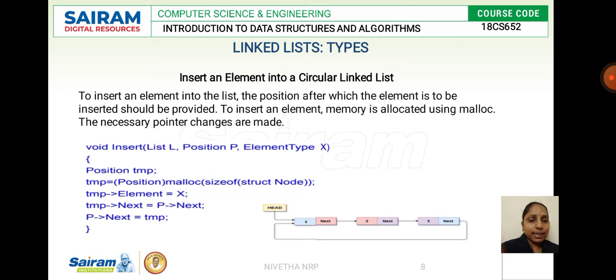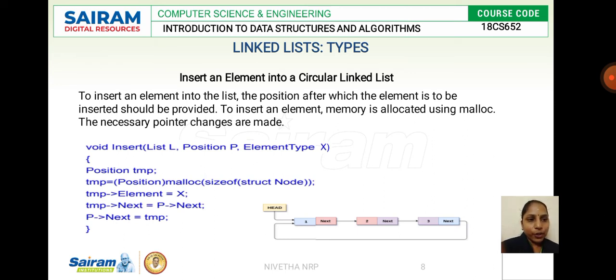Okay, then next here is a function to insert an element in a circularly linked list. When you go with the insertion, there are 3 cases again as what we have seen in singly linked list and doubly linked list. Even here the same thing, you will be inserting either at the beginning or at the intermediate node or at the end. We will see what is the code for that.